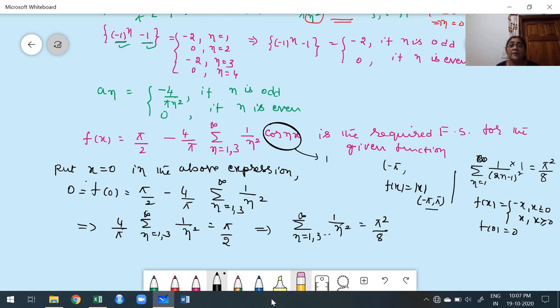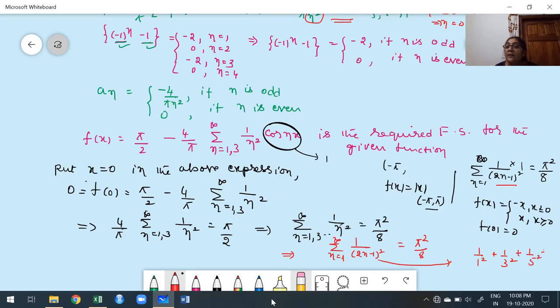But here, instead of this, we have 1 by 2n minus 1 whole square, with n ranging from 1 to infinity. Observe, this can also be written as 1 by 2n minus 1 whole square for n ranging from 1 to infinity. It's nothing but pi square by 8. Observe carefully, you expand this series. What's the first term? n is equal to 1, 2 minus 1 is 1 square. Put n is equal to 2, next value, 4 minus 1, what we get? 1 by 3 square. Next put n is equal to 3, 6 minus 1, 5 square.